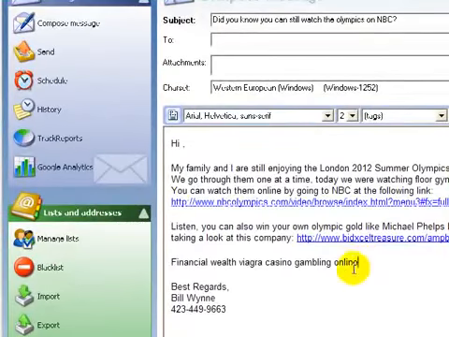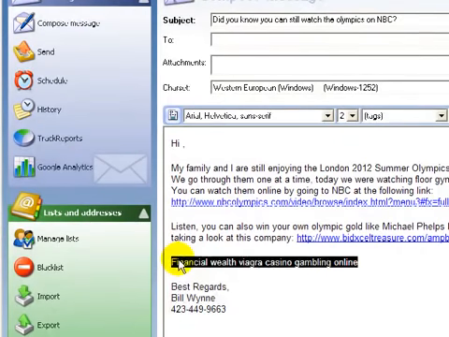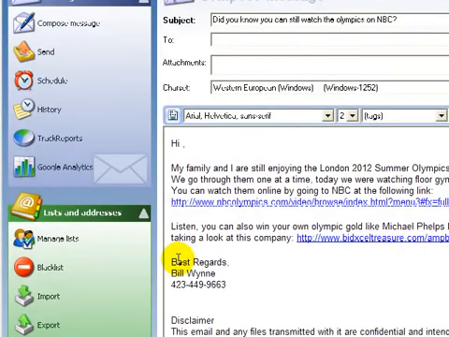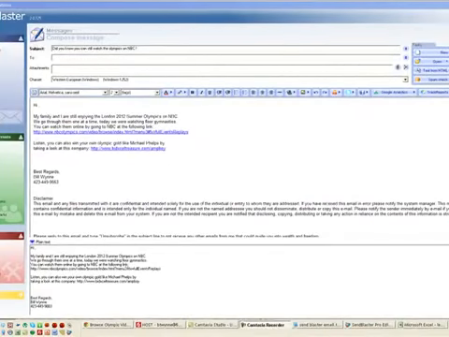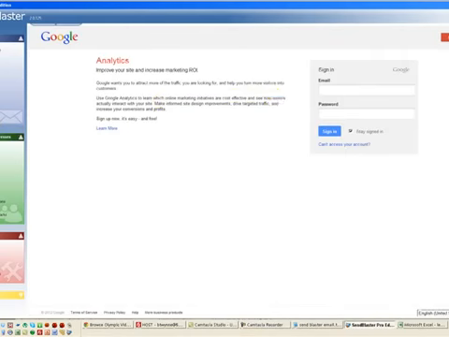But anyways, the less you have of a spam score, the better off you're going to be, because that's going to sneak through Google's filters. Okay, the next thing I'm going to do is go ahead and set up some Google Analytics. Using Google Analytics to track our,